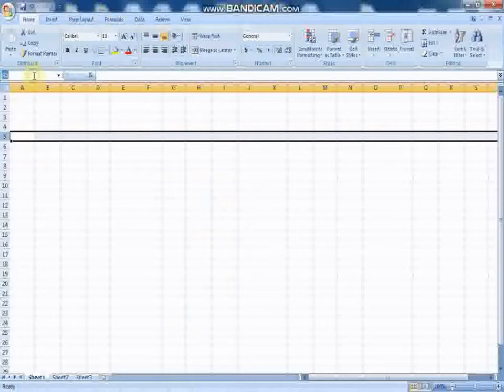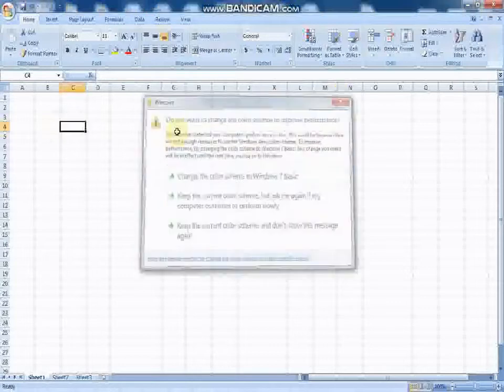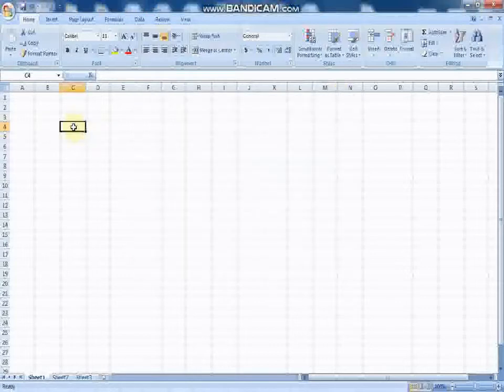Now this one where A5 is written, it means wherever I am clicking, you are seeing the cell is highlighting. This is called a cell. This one is called a cell and this is also called a cell pointer where we are pointing something. The cell pointer and the reference where you are seeing, this is the name box, and inside this it is showing the name of that particular cell.